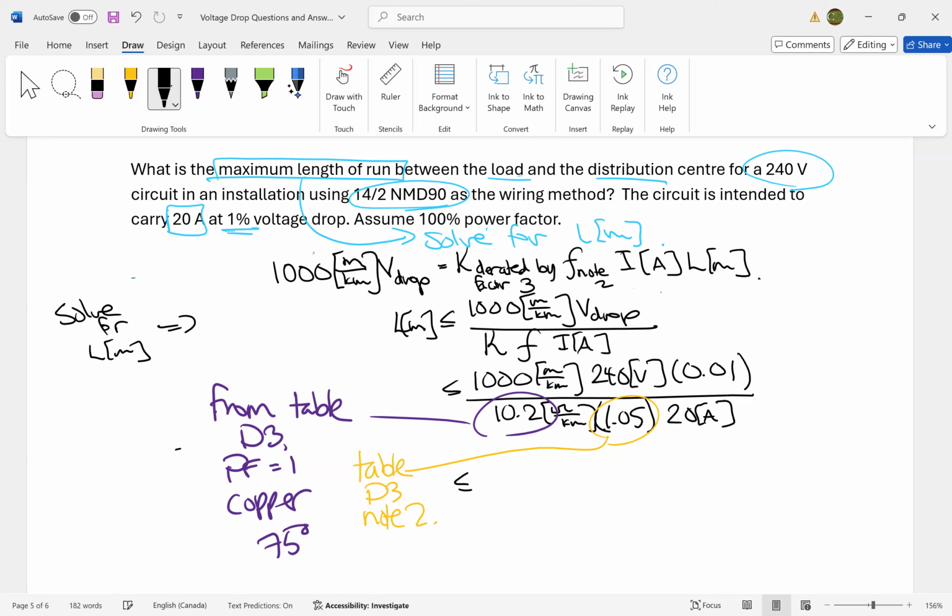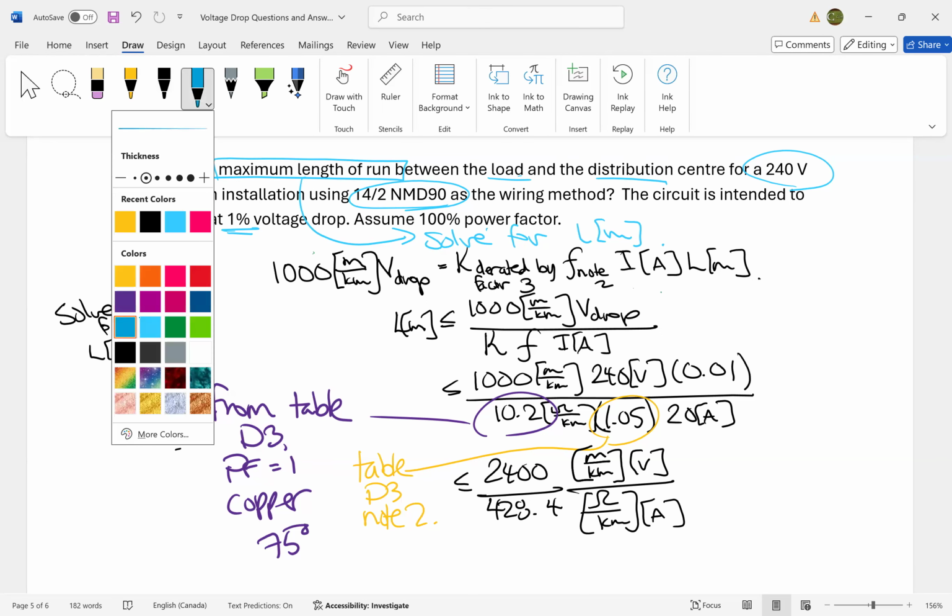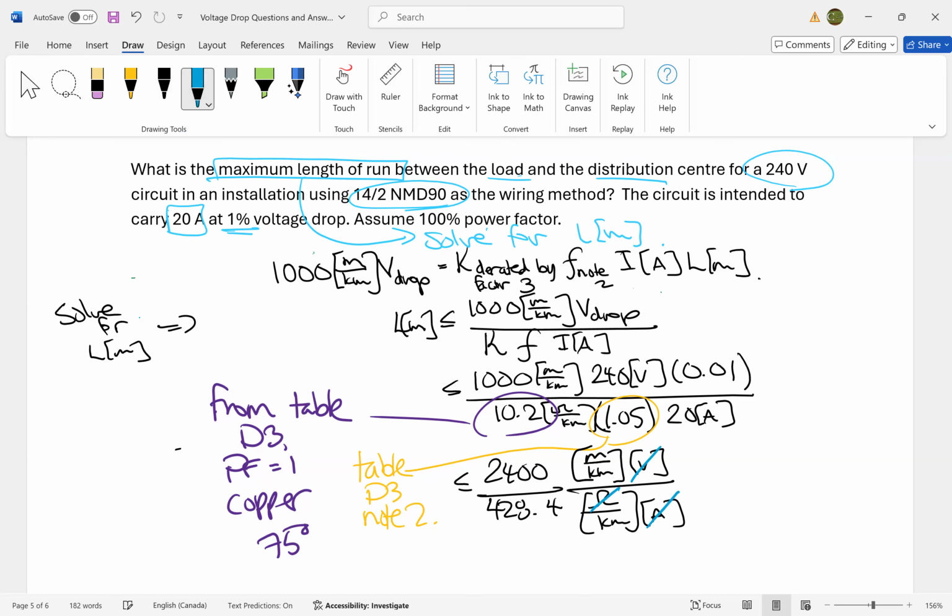We have to multiply that by our current, which is 20 amps. Once we substitute all of that in, we're going to get 240 over 428.4, and we're going to remember to carry all of those units. Meters per kilometer will be sitting on the top there, and a volt will be sitting on the top. And in the denominator, we're going to have ohms per kilometer times amps. We know that a volt over an amp is equal to an ohm, and these kilometers are in the denominator, which means that the length must be less than or equal to, putting these in the calculator, we get